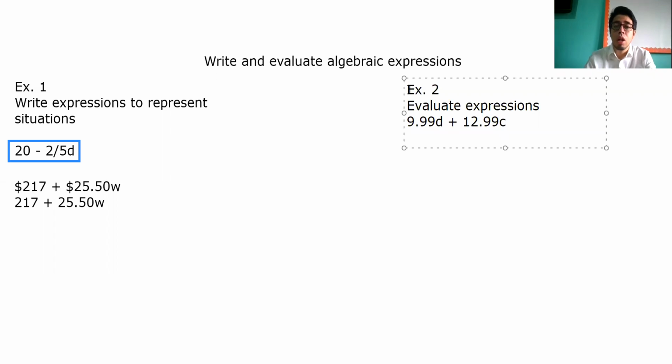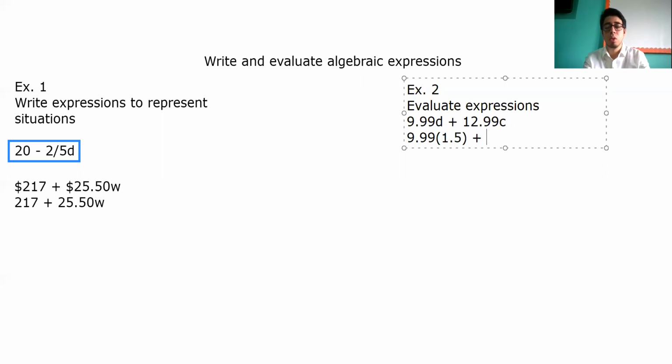Then what I'm going to do is evaluate. Evaluate means that you are going to replace the variable with the value they give you. 9.99 multiplied by D. D is the number of pounds. So I have 1½ pounds of almonds. You already know how to change a mixed number to decimal, so it's 1.5. Remember, 1/2 is 0.5, and I have the whole number 1, so I'm going to multiply by this,